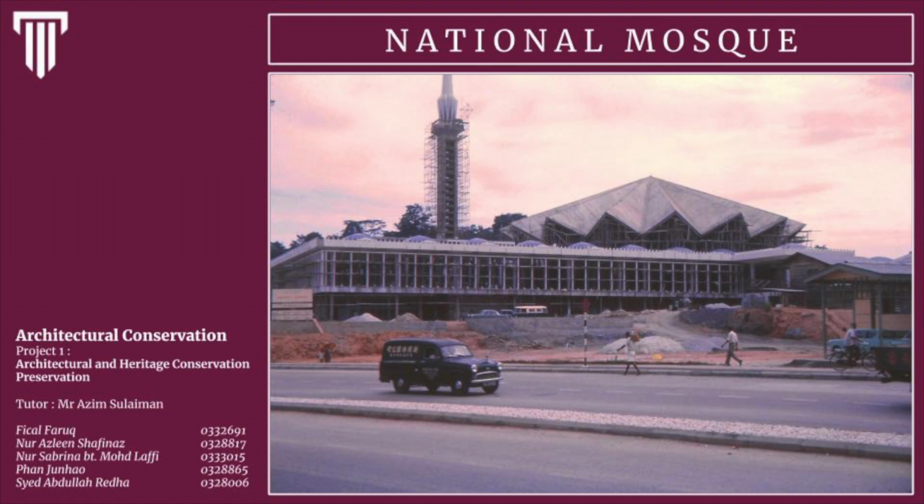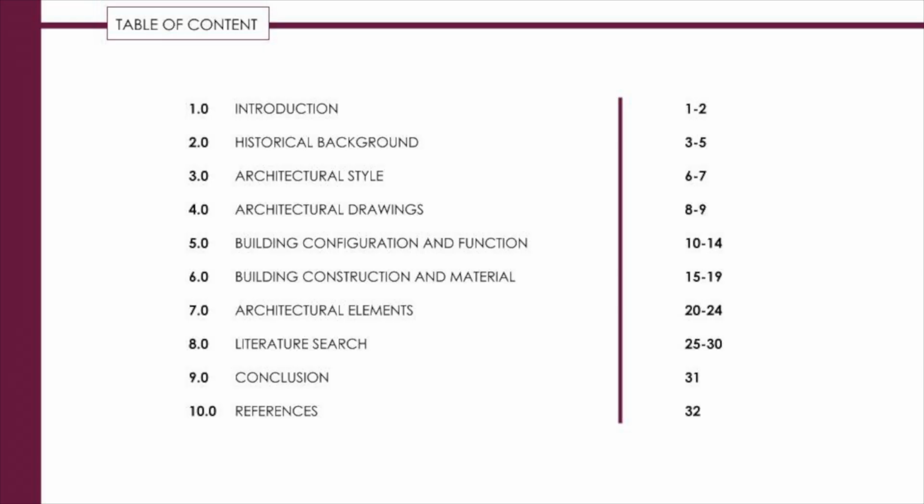This video is for the subject Architectural Conservation Project 1. For this assignment, my group and I have chosen the National Mosque building located in Kuala Lumpur, Malaysia to conduct a case study on. In this video, we will be displaying our search on the historical background, our literature search and findings from fieldwork. In the first slide is our table of content, and I will start by topic 1.0